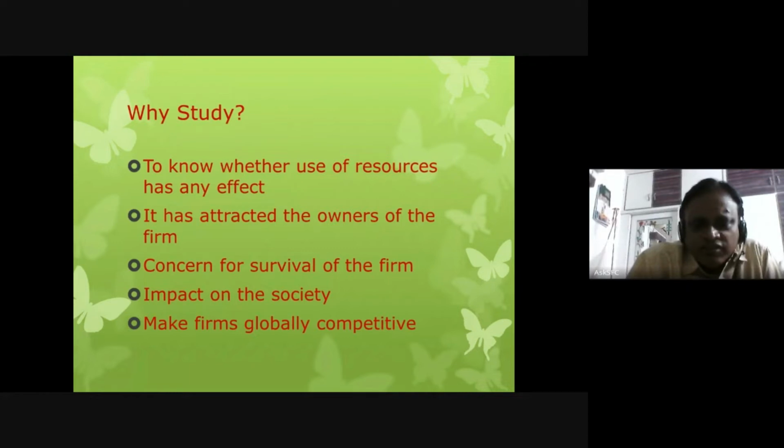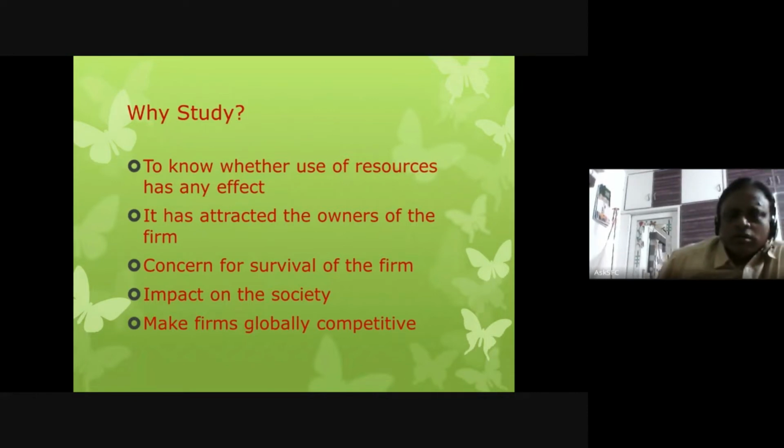If you are not effective, you cannot survive, even at the personal level. So whatever work you're doing, you should be willing to be successful. You should be making more contributions. That's what we call effectiveness. You should be generating more revenue, and you should be making every stakeholder satisfied. Otherwise, your company cannot survive. Now, society is also another stakeholder. So, how much impact have you created on society, and how are your organizations globally competitive? Effective organizations are globally competitive. That's the message.